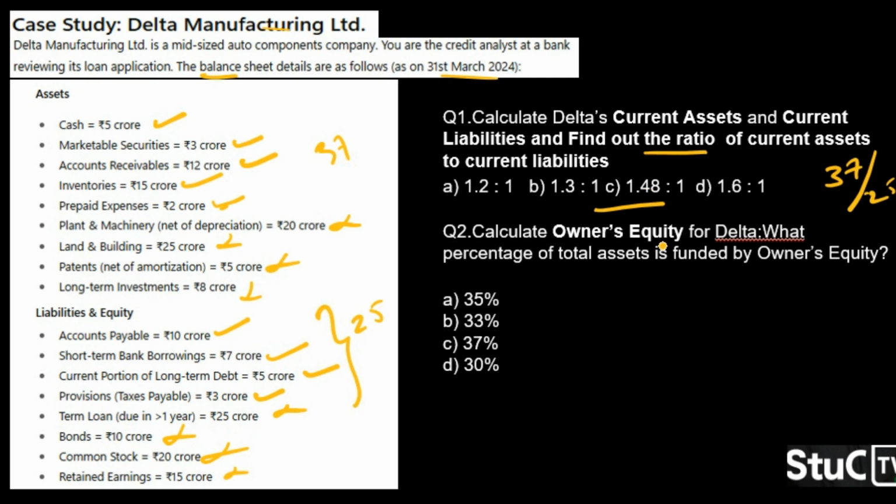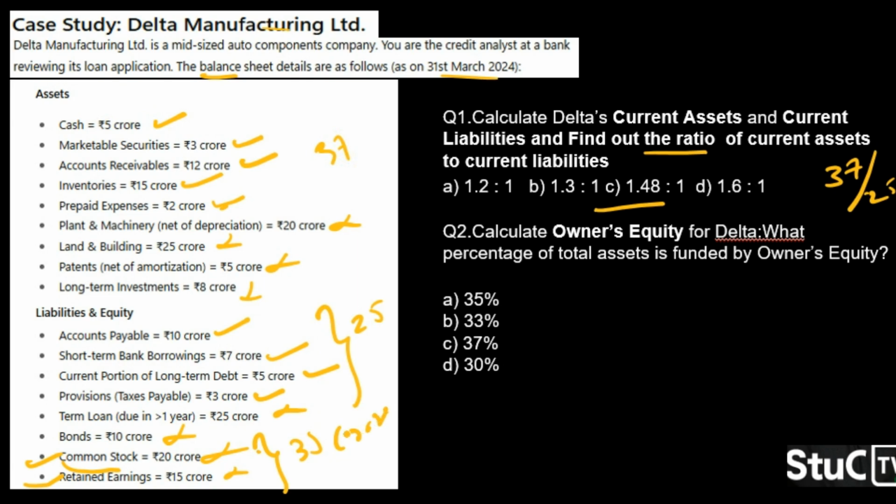Percentage of total assets owned is owner's equity. Owner's equity consists of shareholder funds basically. Also reserves. If there are reserves from profit, they have transferred the money to the balance sheet to reinvest in the business. That will be shown in owner's equity. So here in the liability section, you will have owner's equity. We just discussed common stock is definitely shareholder funds. So that is part of owner's equity. And then retained earnings, that is profits you have transferred for reinvestment in business, will be part of the balance sheet under owner's equity. So these two terms, 35 crores, will be